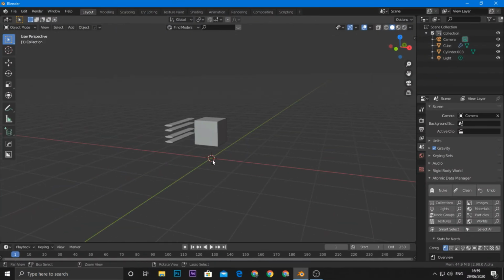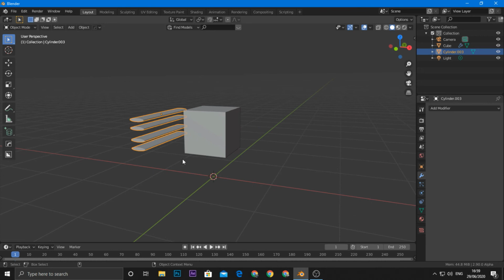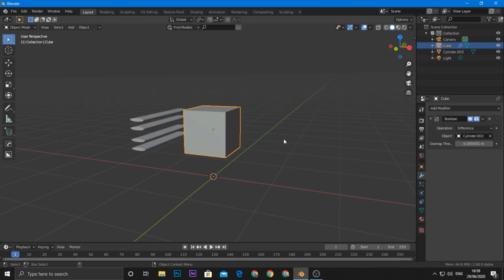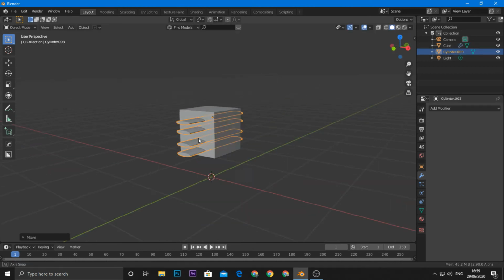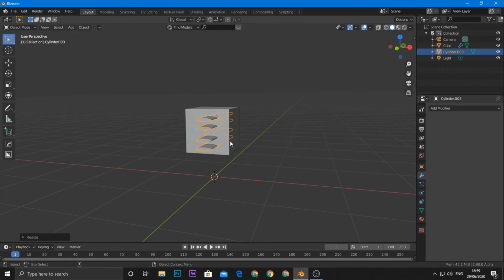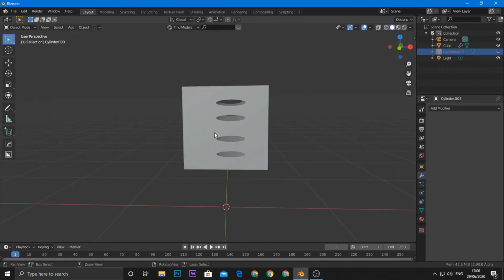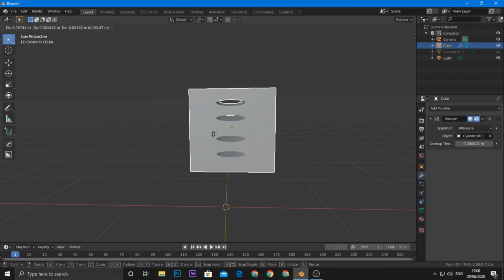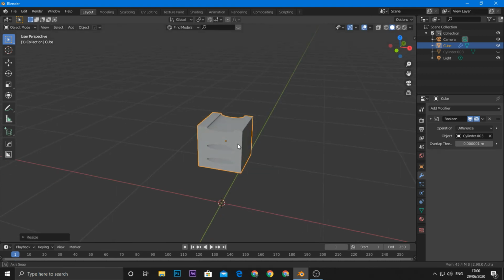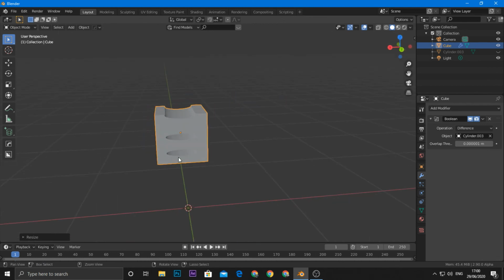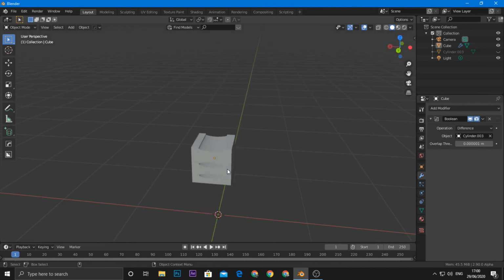Now for another example, I took some cylinders and a cube, and then again in the Boolean modifier select the cylinders and then align it so that it intersects with the cube. After doing that, hide the cylinders, and as you can see, we have successfully cut a hole in between the cube. So this is a good way to model good objects like this, as you can see on the screen.